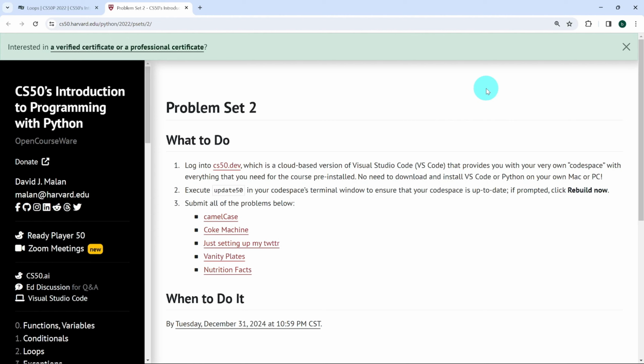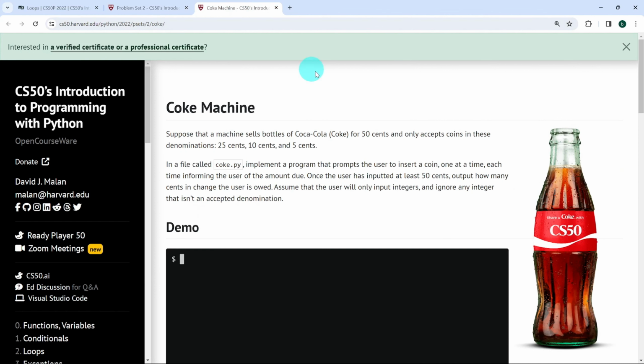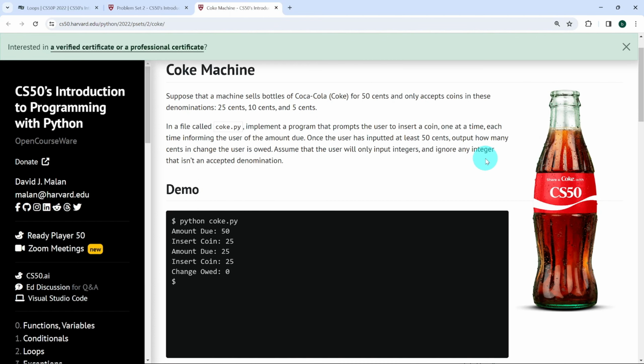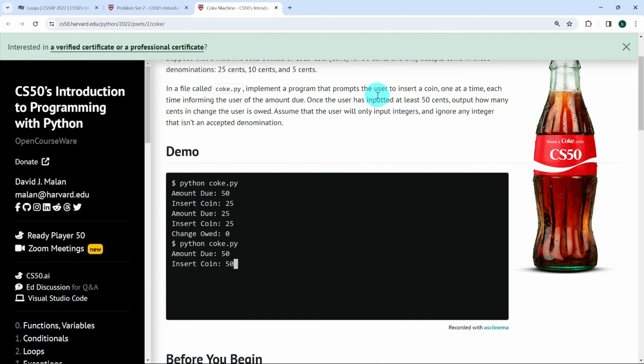So today we're going to work on problem set 2, and in this video we're going to solve the exercise Coke machine. So I'm going to open this up, and in this new tab we'll have the exercise that's been given to us. So what we're expected to do is to create a file, we'll call it coke.py, and implement